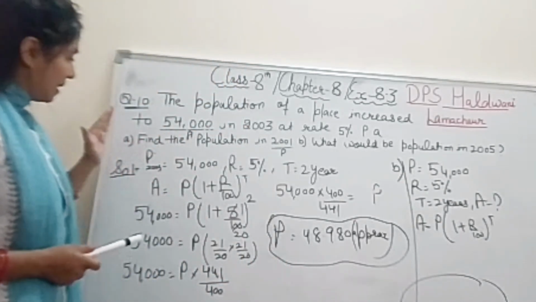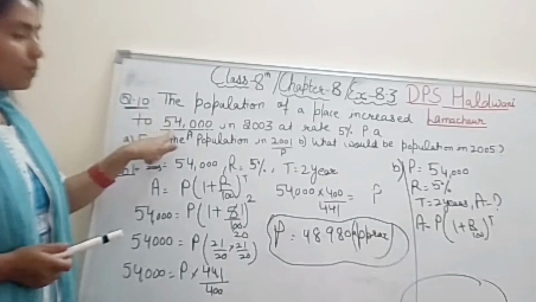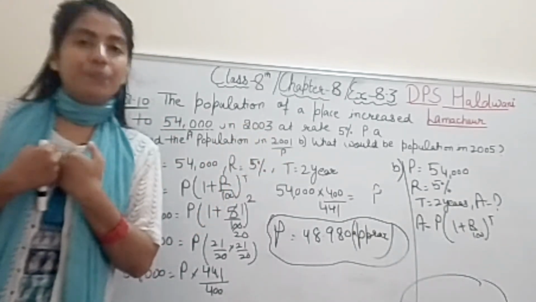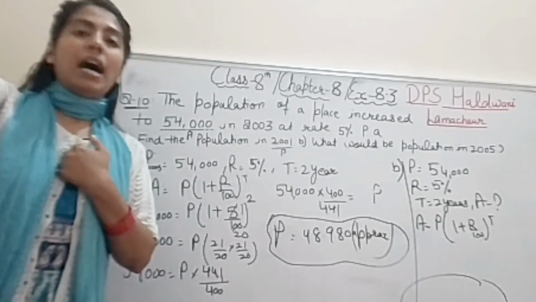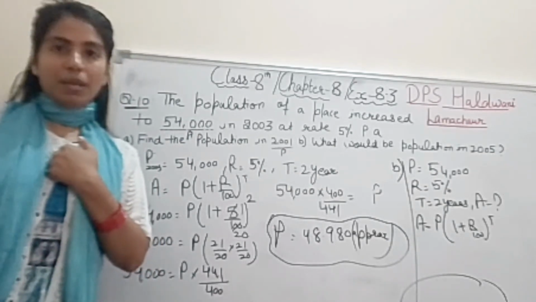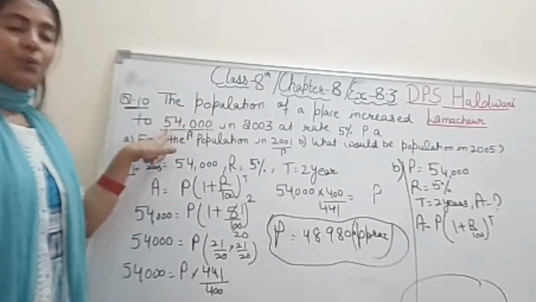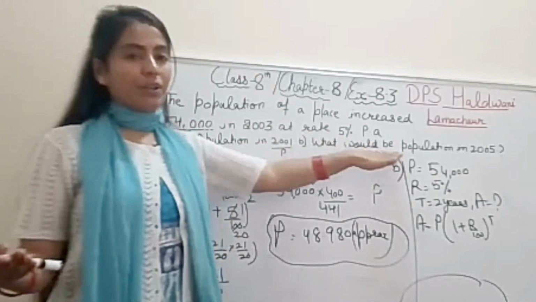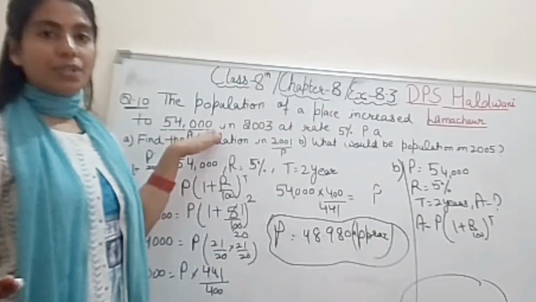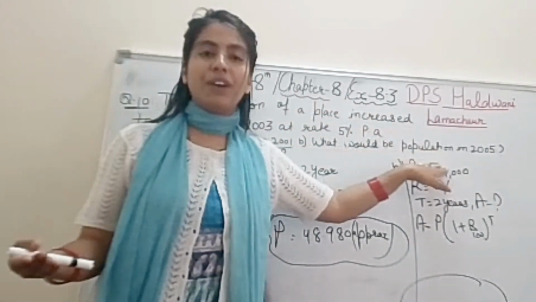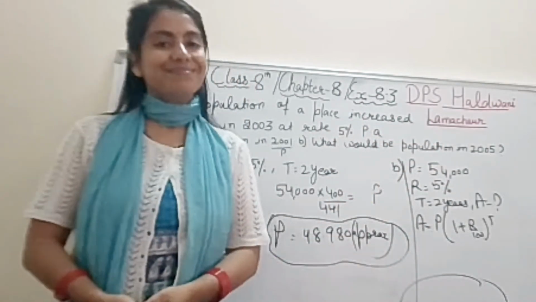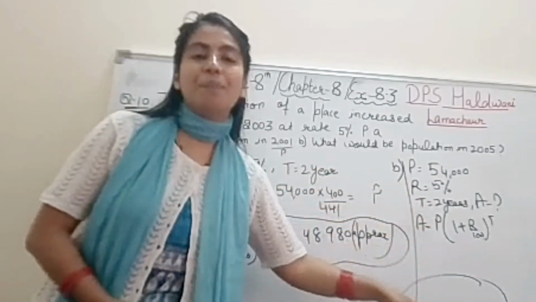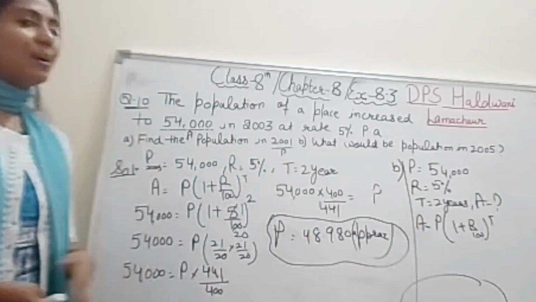Student, here this was the A part in which this was the amount, this was the principal. Obviously, I borrow some money in 2001 and I will pay after 2003, so that will be the amount. But that is given to you. That means amount is given to you, principal we don't know. Here, vice versa, principal is this, the 2003 population, and what will be 2005, the amount, we don't know. Got it, student? I hope you understood this question. So the B part you will solve by your own. Okay? So this is all about question number 10.